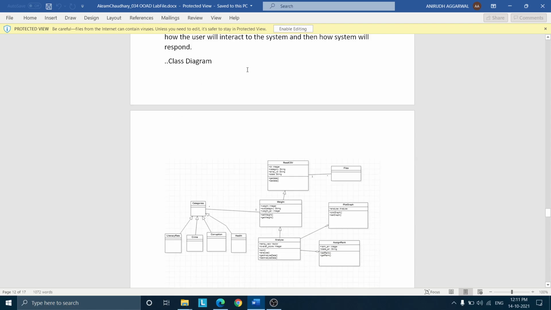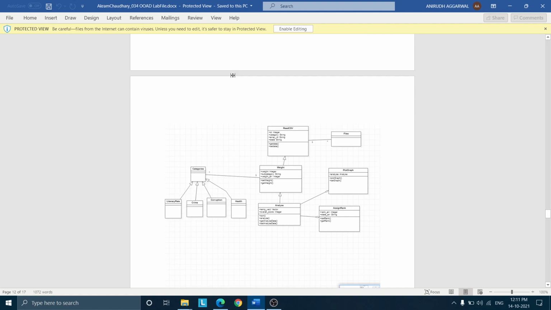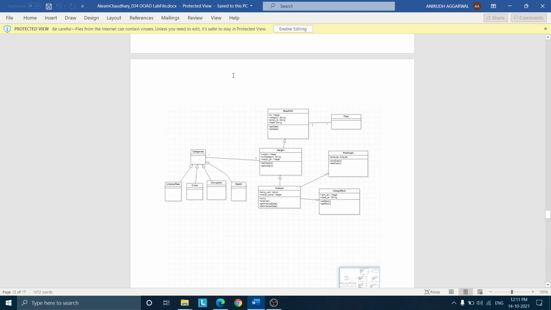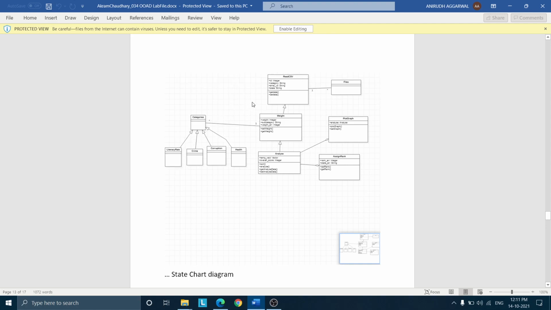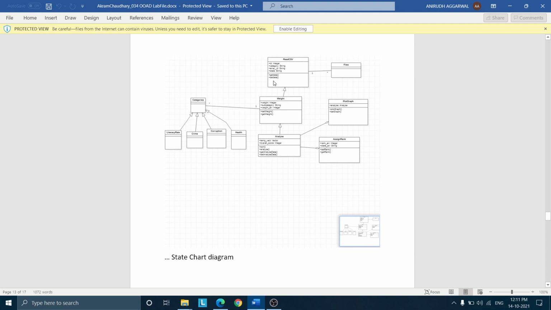Now the class diagram. A class diagram represents the static behavior of a model. So the main class in this project is read CSV. First of all, we have to read the CSV file, and the attributes in this are the ID of the file which we are reading, category, and we have an array, and we have two operations in this, get data and set data.